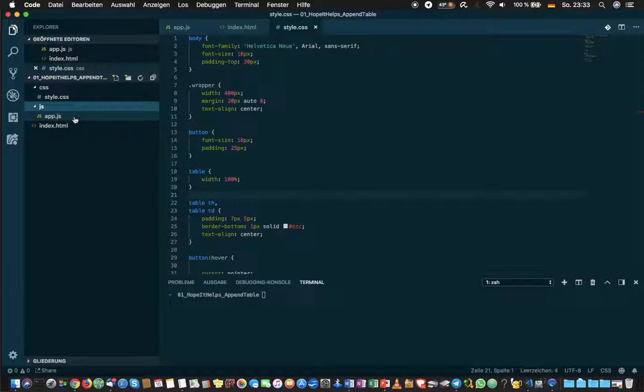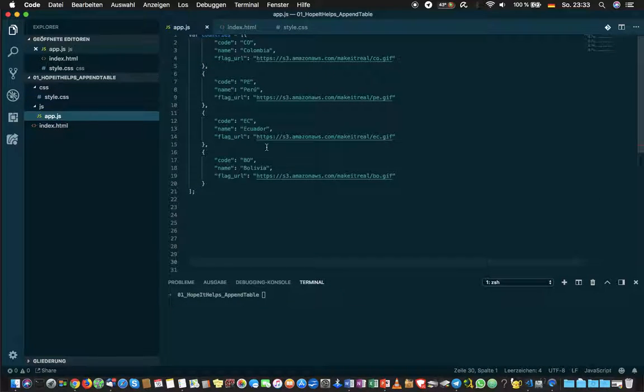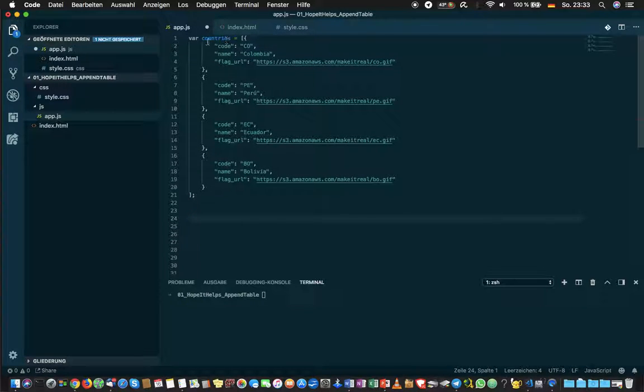And we have the functionality, right? So what we have here is an array which is filled with hashes. And what we want to display is the value of each key for these 4 countries. Okay, how are we going to do that? So first of all,